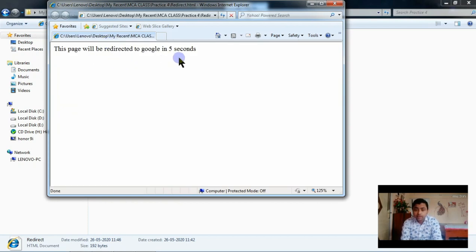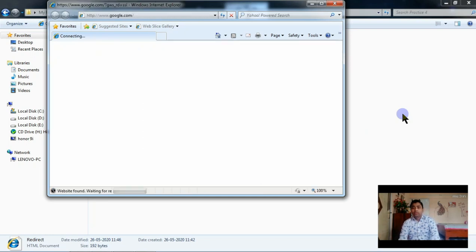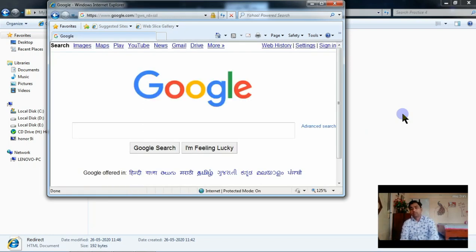The page will be redirected to Google in 5 seconds. I am not clicking in any case. So you can see this. Now it is redirected to www.google.com. Hope you have got an idea.